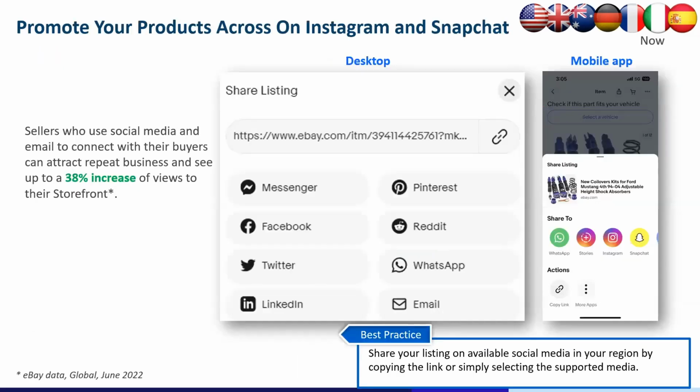Based on our data analytics, sellers who use social media and email to connect with their buyers attract repeat business and see a 38% increase of views to their storefronts. Social media is a great way to introduce your followers to new inventory or promotion, grow your brand, and also attract new buyers. It's also an easy way to highlight your inventory and drive traffic to your store, items,